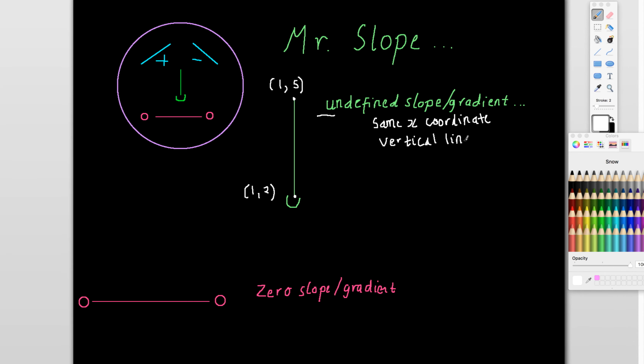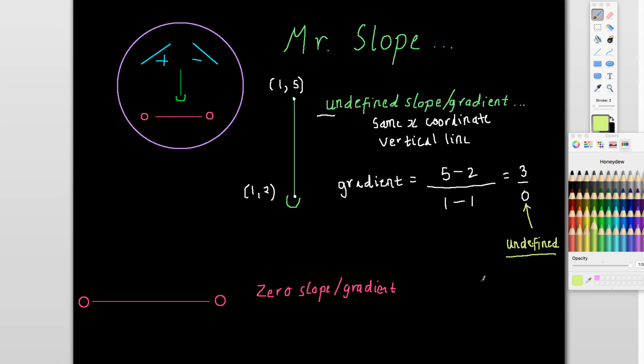What happens when we find the gradient of this is something that in mathematics we don't really like to see. We're going to do the difference in the y values. It doesn't matter which one we choose, but 5 minus 2, say. On the bottom here, because we've got the same x values, we get a 0 as the denominator. And we don't like that. The reason is we can't actually calculate that. It doesn't exist. It's what we call